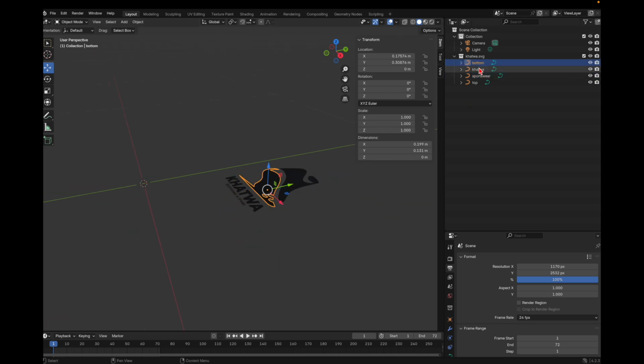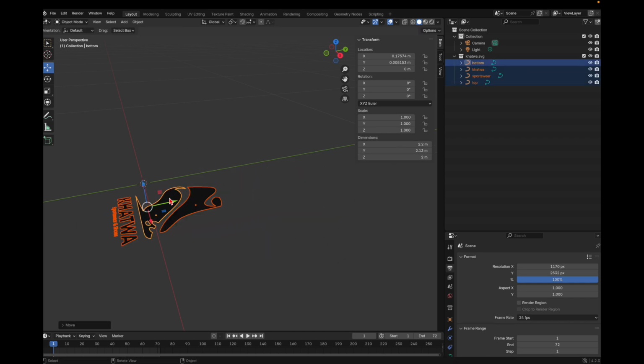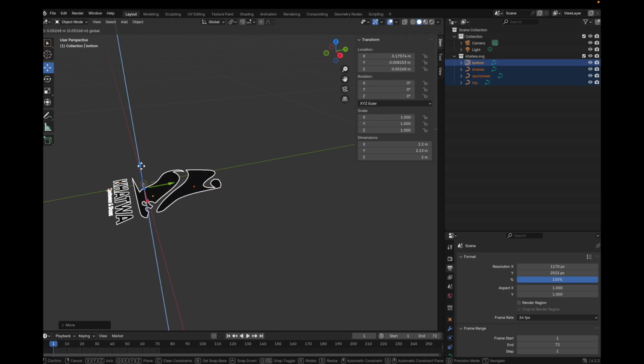Right, so now you select everything, okay. You can select from the outliner. This panel we call it as outliner. You can select from, you click on the bottom and then you press shift and you can select all of it, or you can also highlight. Okay, so if I press this,